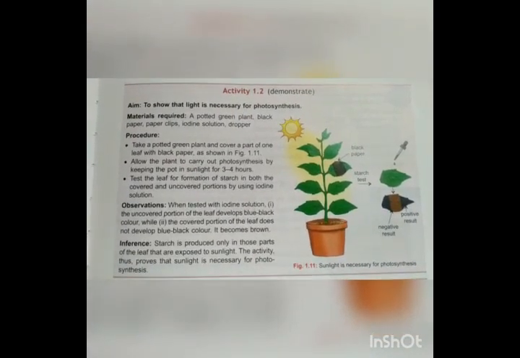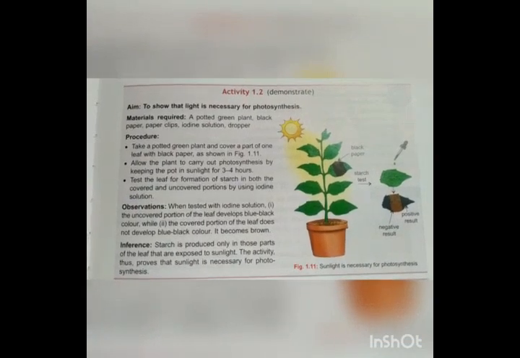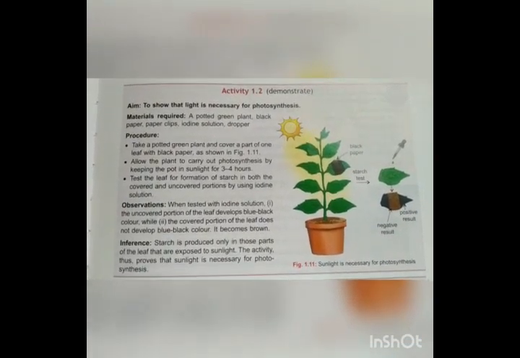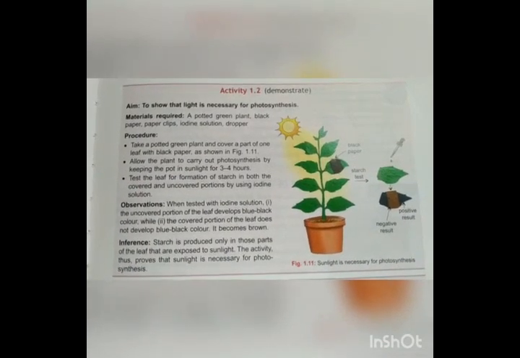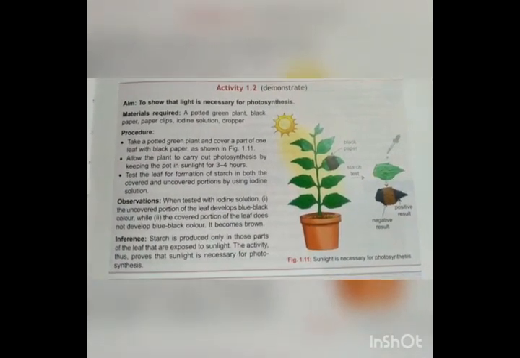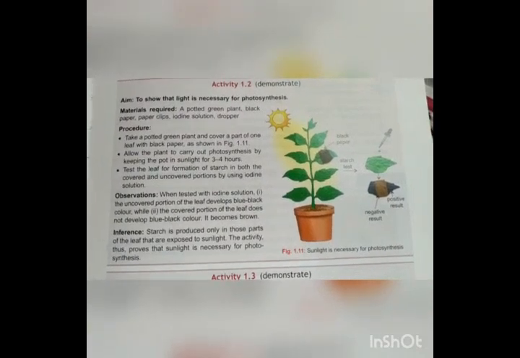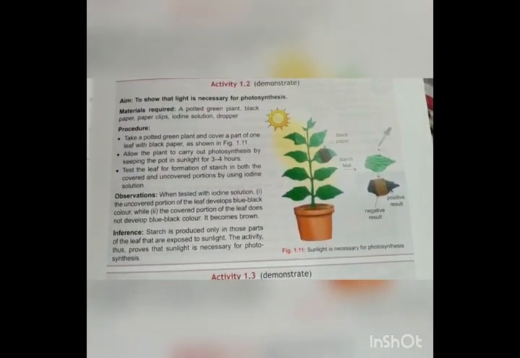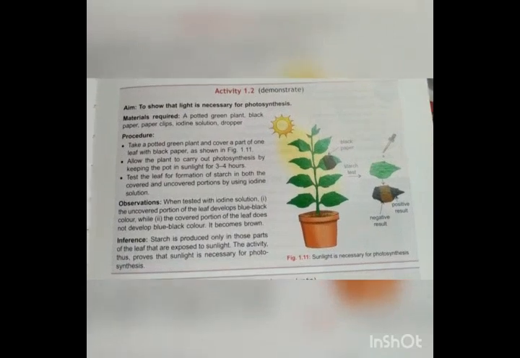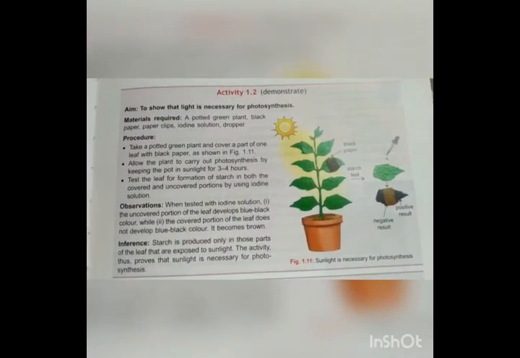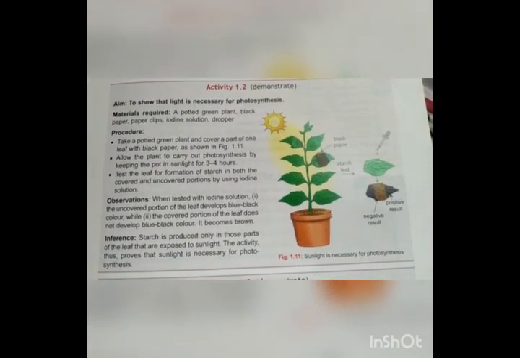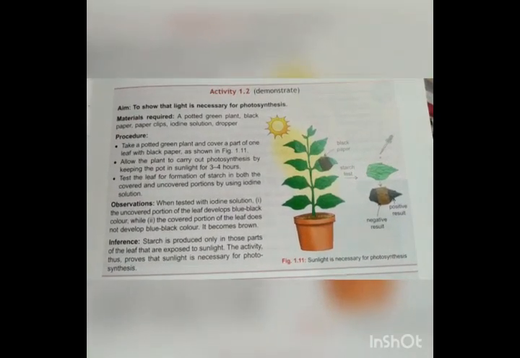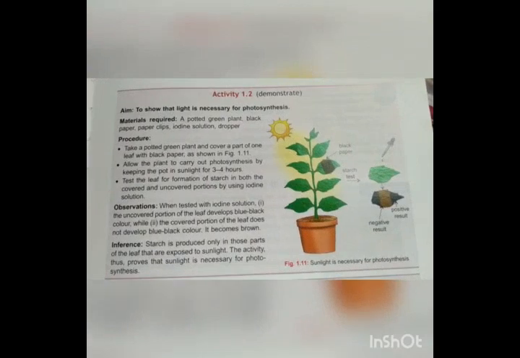This is the fourth lecture on nutrition in plants. Earlier we discussed autotrophic nutrition in plants, that is photosynthesis, what the importance of leaves is, and what happens if there is no photosynthesis. Today we will cover some more topics. The first topic is, see what we have studied, that photosynthesis is very essential. So you must understand